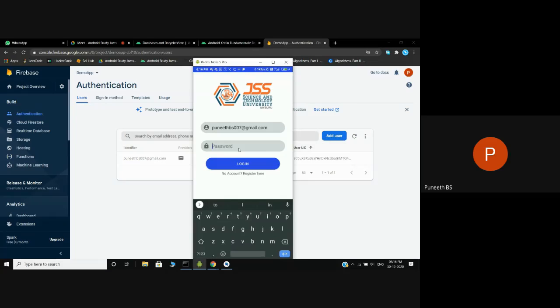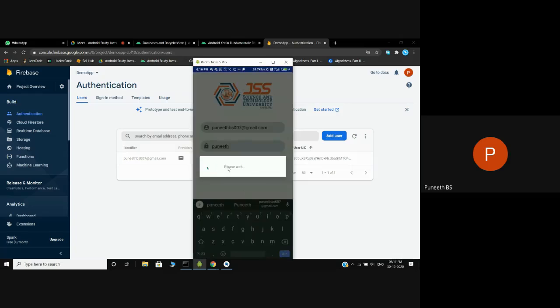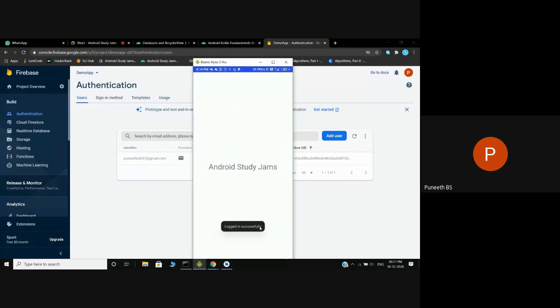Puneet. Yes. Okay, this one. And the password is Puneet. So if I press login, you can see this is actually called progress dialog. It is loading and see, login successfully. And this is actually the blank activity that I have done nothing. I just wrote